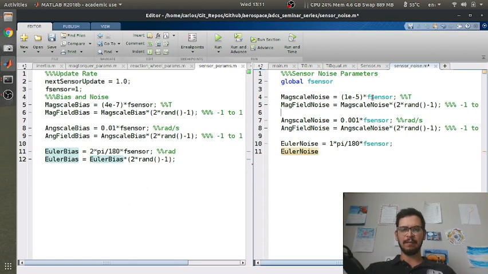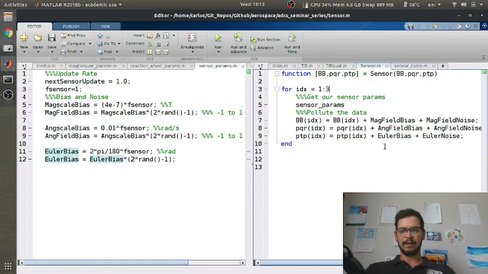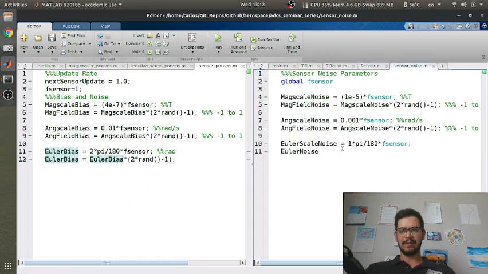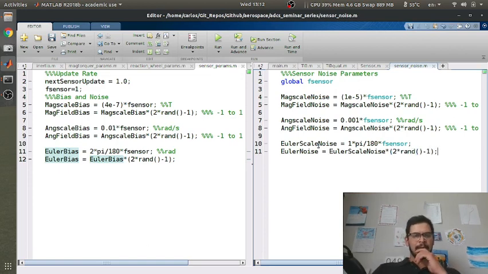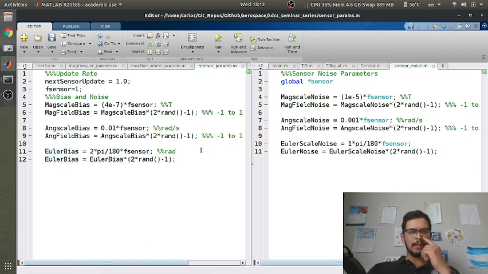And then we're going to do Euler noise. So wait, we have mag scale noise, mag field noise. So I think we need an Euler scale noise, and in the sensor file, you have Euler bias and Euler noise. So you can just do, yeah, that's fine. Euler noise is Euler scale noise times 2 times rand minus 1. Okay, and then what we need to do is sensor params